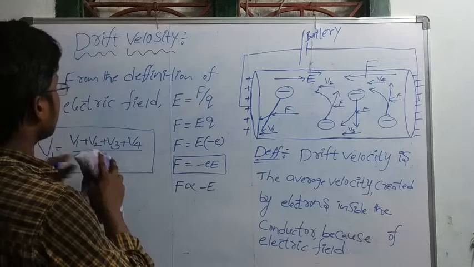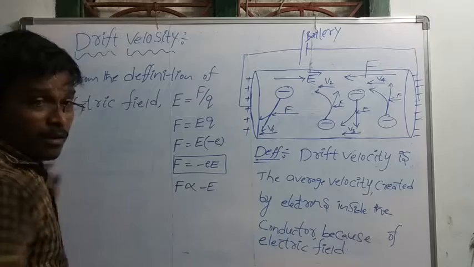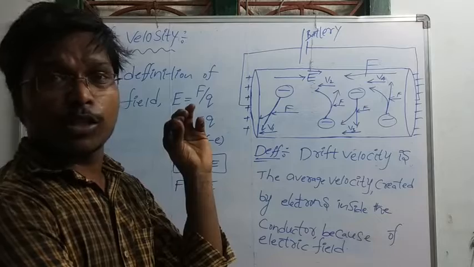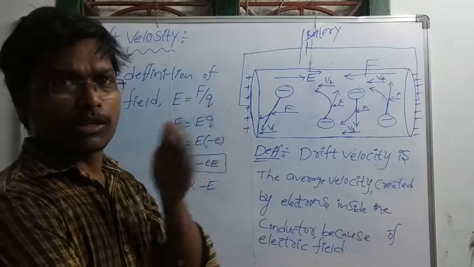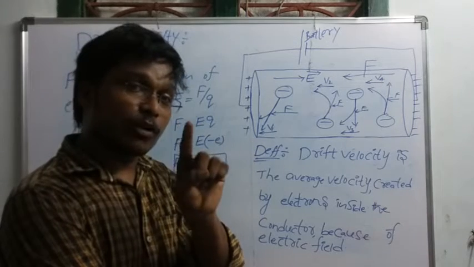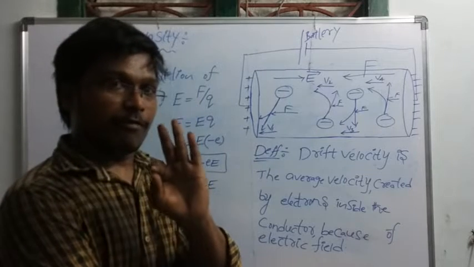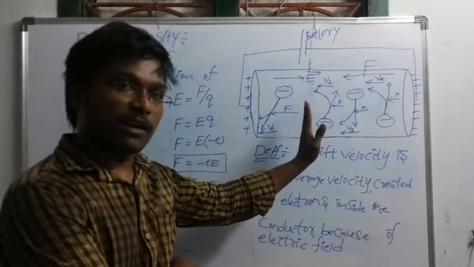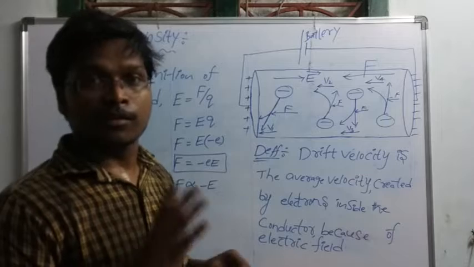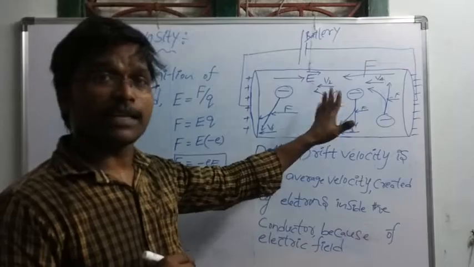Okay, so next one. Here, all the electrons are in motion or rest position? Motion only. We know that all the electrons are in motion. If an electron is in motion, that means the electron has compulsory acceleration, correct? So all the electrons inside of the conductor have an acceleration.